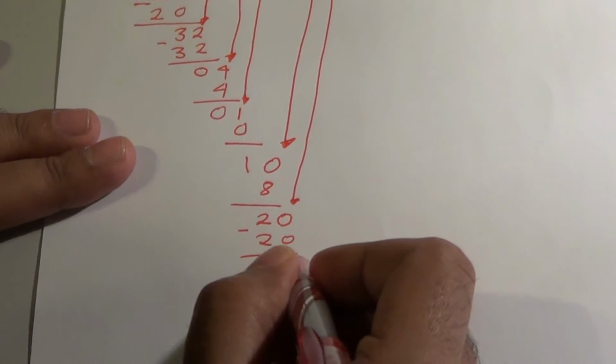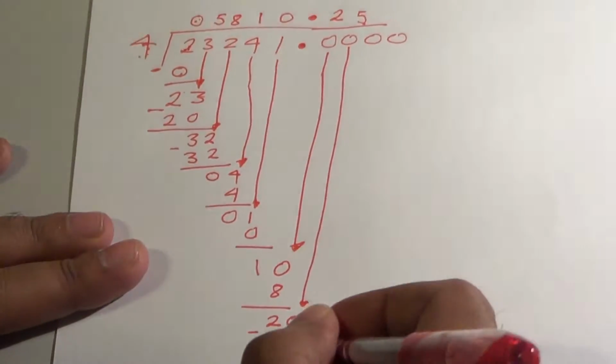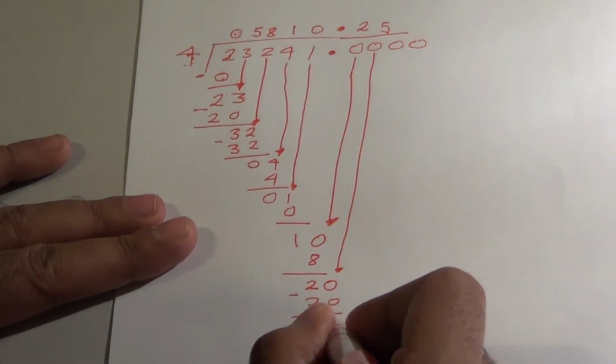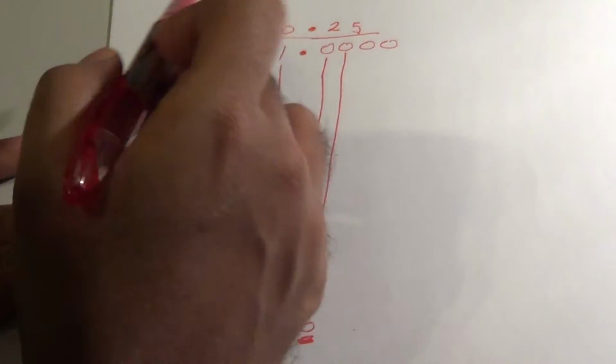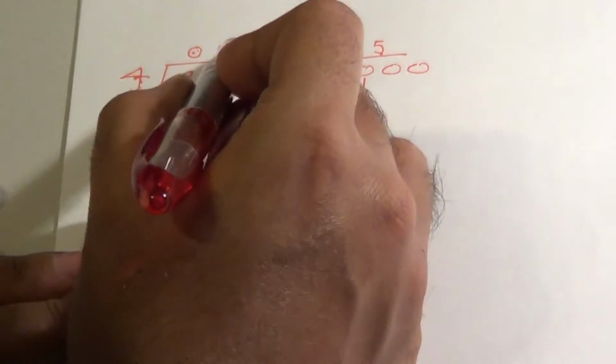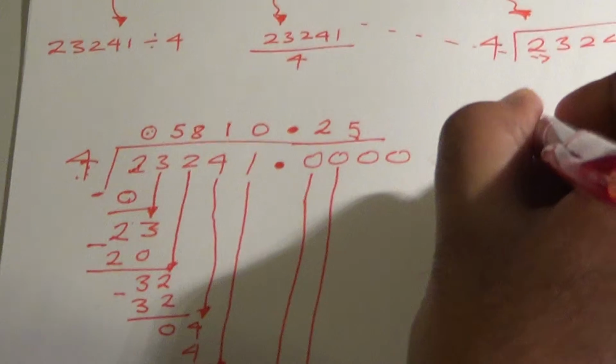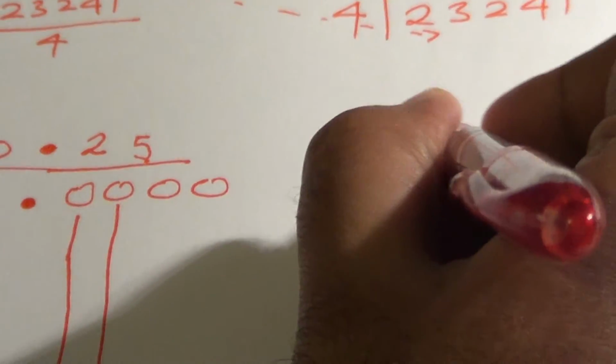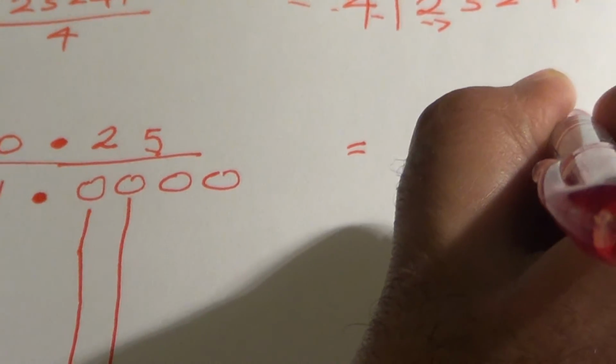I want to make sure that we know all our remainders. So now that I've reached 0, we stop. Therefore, our answer lies at the top here. So the answer is 5810.25